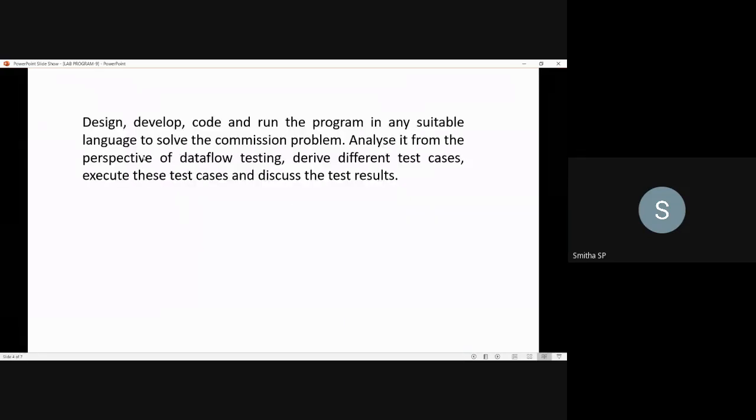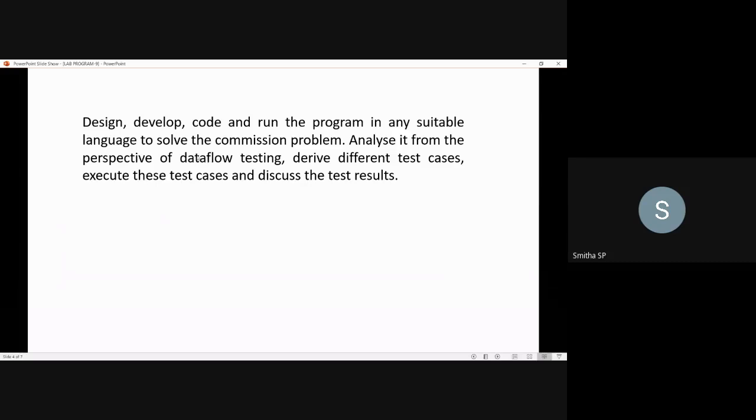The question is: design, develop, code, and run the program in any suitable language to solve the commission problem. Analyze it from the perspective of data flow testing. Derive the different test cases, execute these test cases, and discuss the test results.